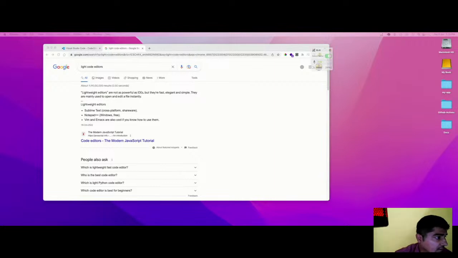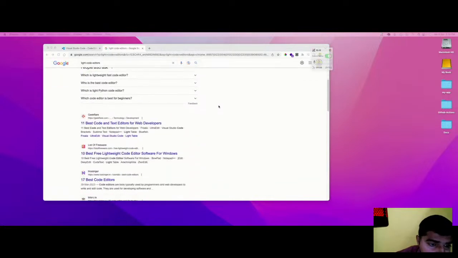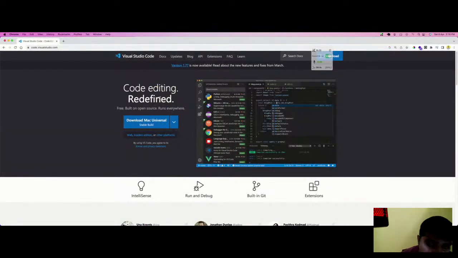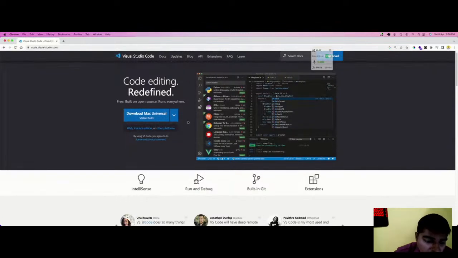Now after this thing, okay, so VS Code is a light code editor which we are going to follow. Now after this thing, let us know how we need to install the VS Code. So for this particular thing, we are actually using Google Chrome, from where we will be downloading the VS Code. Okay, so that is how it goes.